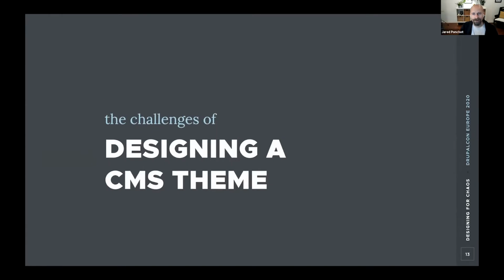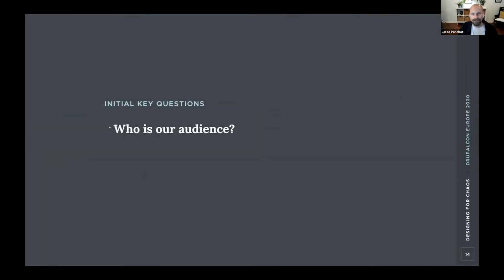So I want to start by framing some of the unique challenges that we faced right out of the gate. The two key questions for any design project is, who is your audience and who are your stakeholders? These are fundamental things for any design process, and the work that Jen and I normally do together provides pretty clear answers to these questions usually. When you're designing a theme that anyone can use for nearly any kind of site that they're making with an open source CMS, how you define things like the audience you're designing for and what feedback and approval processes are going to be like is tricky.